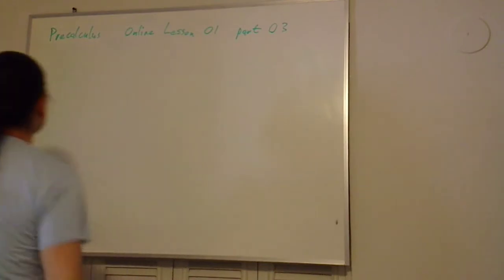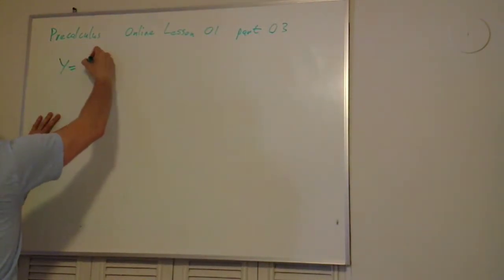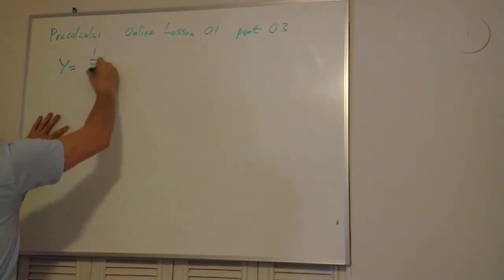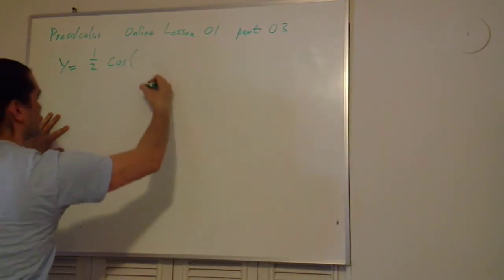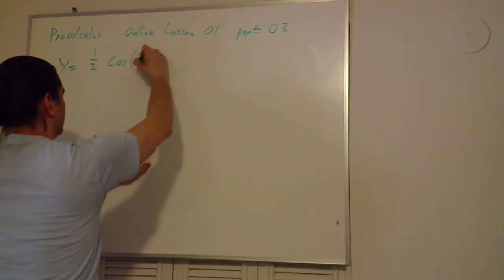So let's just make up some numbers. Let's say y equals, I haven't put a fraction up front yet. Let's do 1/2 cosine of, I'll say, 2x